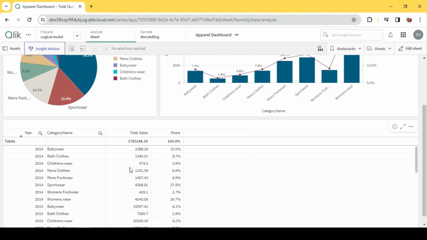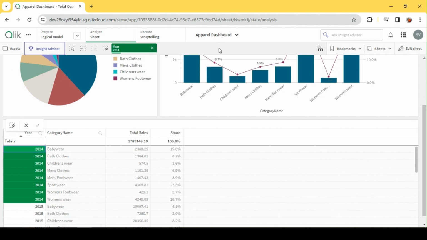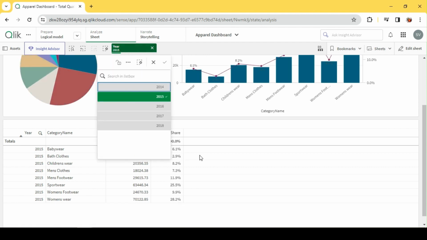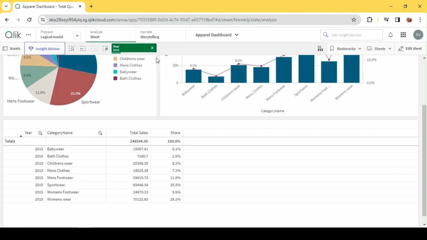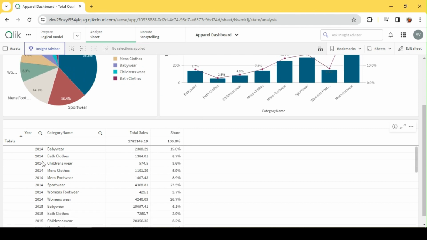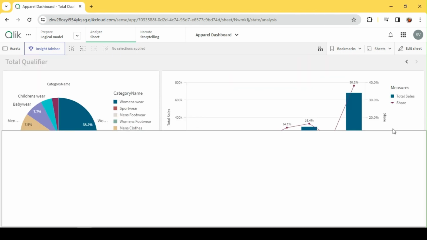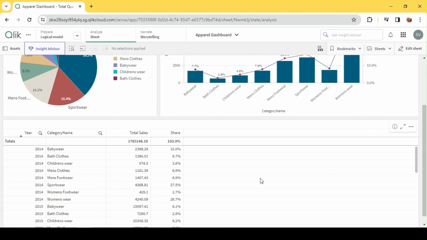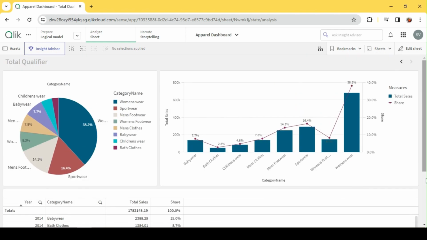Okay, so now what we see is percentage contribution for each of the years. So for 2014, these are the contributions. The sum is going to be 100. Okay. So for 2015, these are all my contributions. So even if I don't select for every year, what we say is year-wise contribution, right? So 2014 up to here, if I sum up, this will be 100%. This will be 100%. Okay, so this is how the total function helps us in omitting or ignoring a dimension